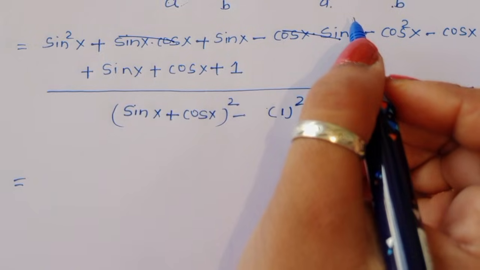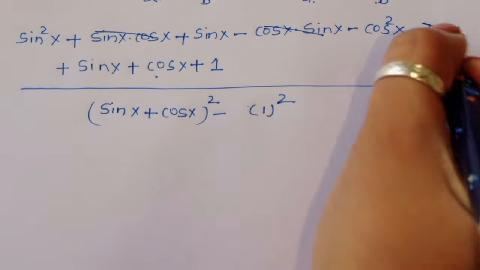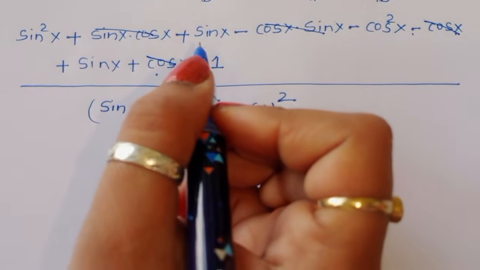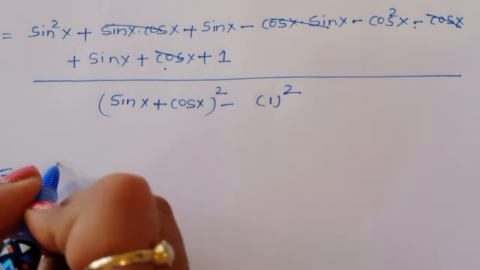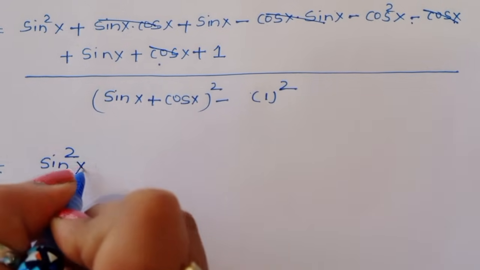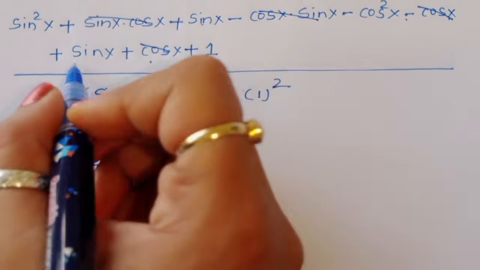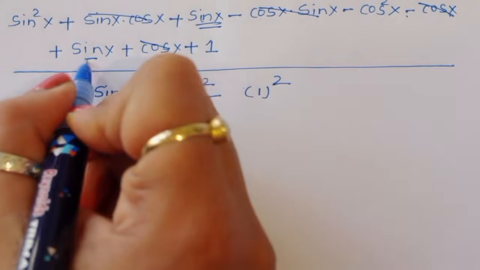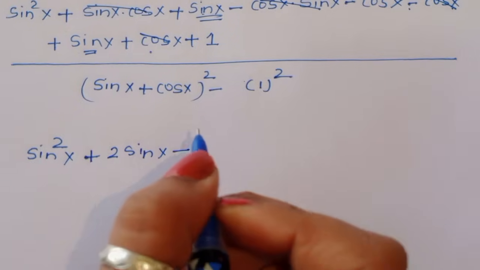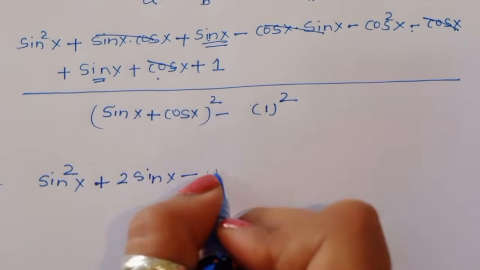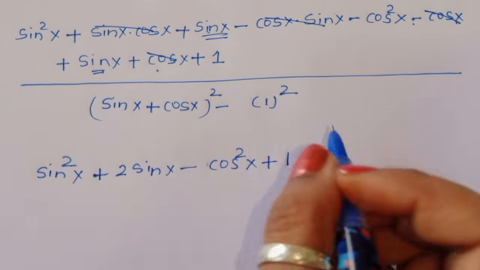Now the next term is cos square x. Here you can see minus cos x and plus cos x, so this will also cancel. Now the left term, we can write this is equal to sin square x plus sin x, and here sin x, so plus 2 sin x minus cos square x plus 1, right, divided by